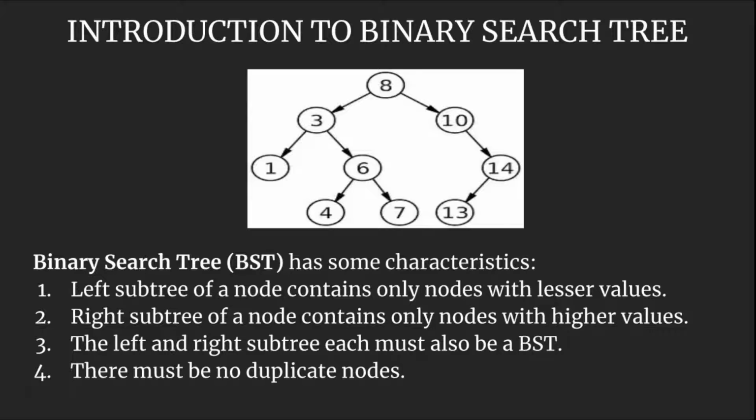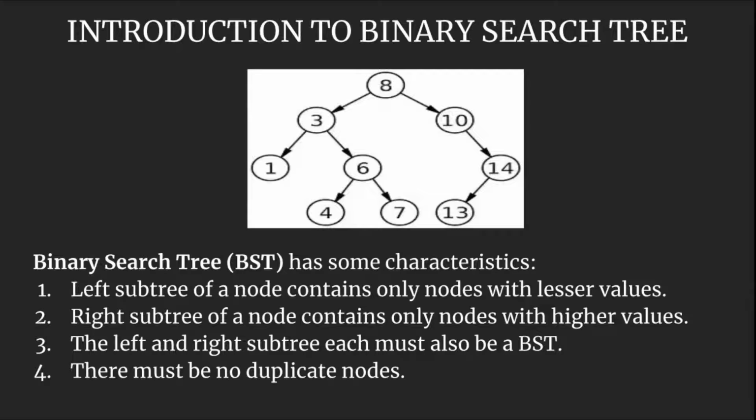So basically, to properly define the characteristics of the binary search tree, it has some features which are constant for any scenario. The very first feature is that the left subtree of a node contains only nodes with lesser values. The right subtree of a node contains only nodes with higher values. The left and right subtree each must also be a binary search tree. That is, each of the subtrees should also abide by the first and second rule, and there must be no duplicate